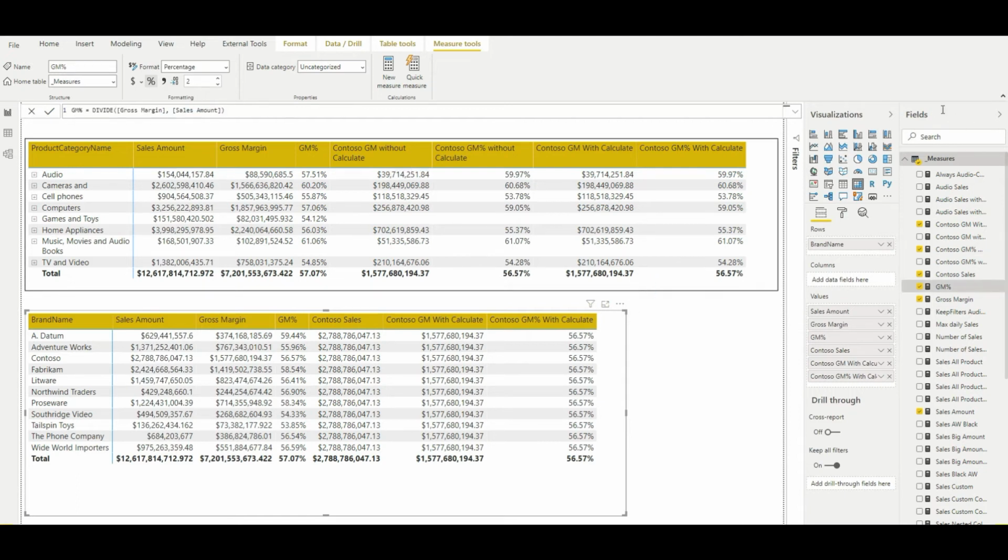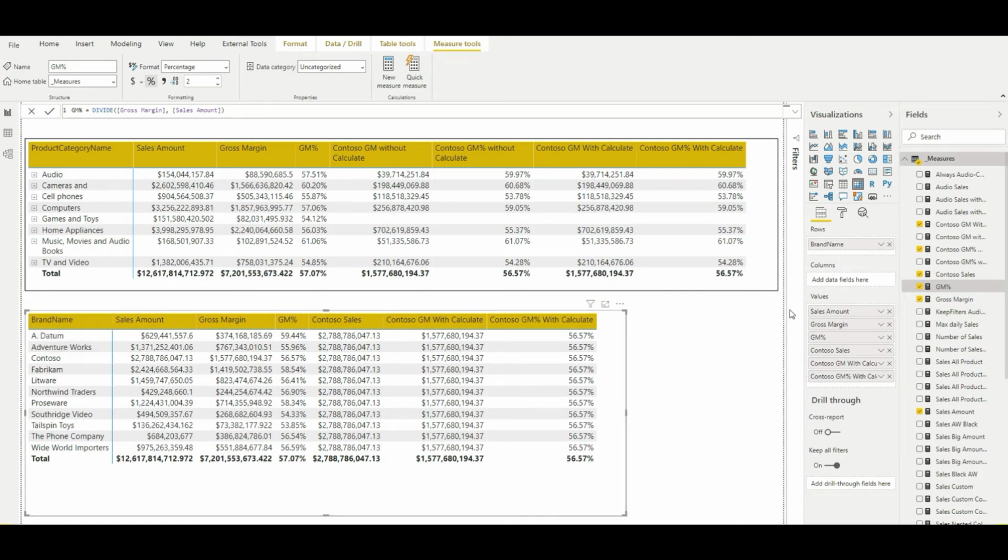It is again a simple measure. You are just dividing the gross margin by the sales amount. So you're just reusing the same code. There's no need to write the code again and again, which we previously discussed, that you can utilize the same measures. That's why we are using gross margin percentage in the calculate command. You see all the same numbers, again for the same reason, because we are placing the filter on the brand name, that's why it is leading to the same values.